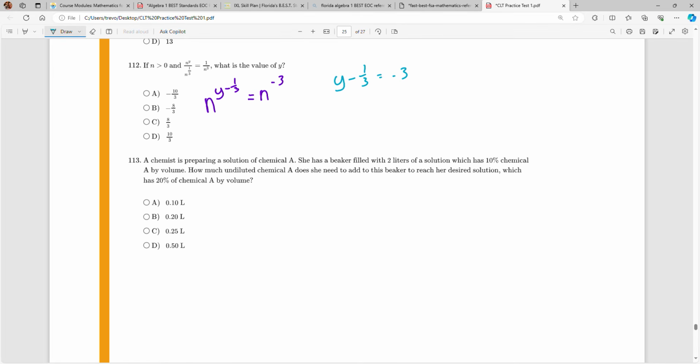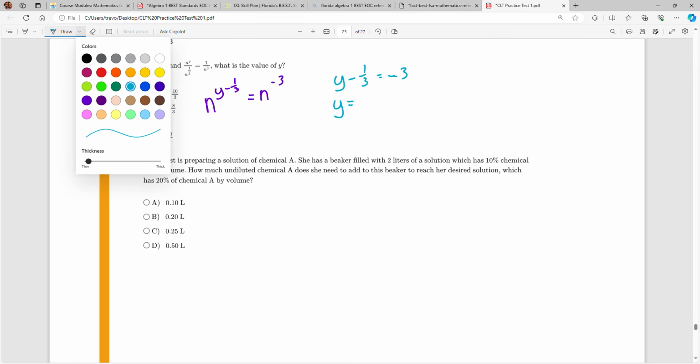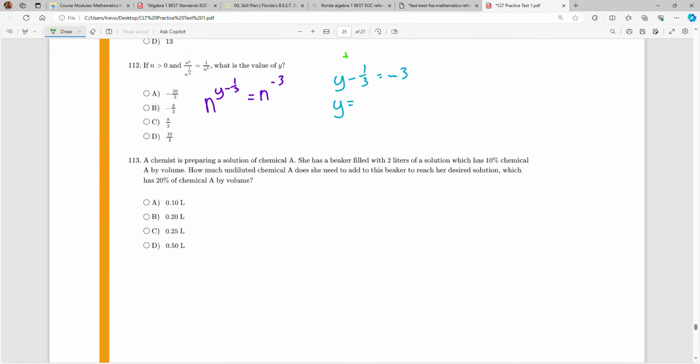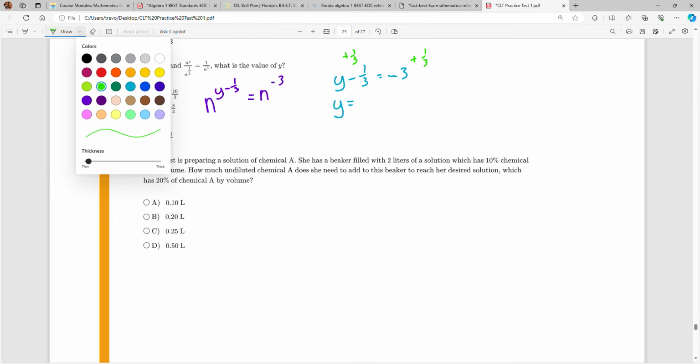So right here, I'm going to add 1/3 to both sides of my equation. So y equals, because I'm adding 1/3 to both sides, plus 1/3, plus 1/3, equals,